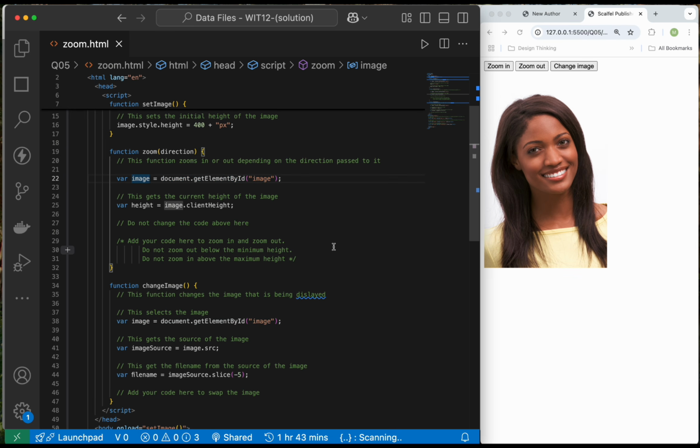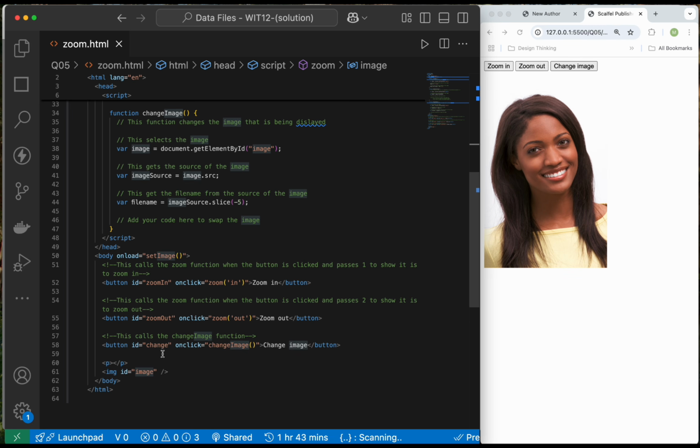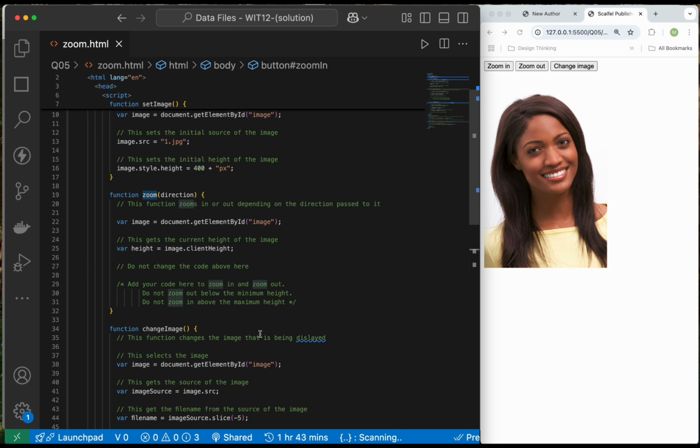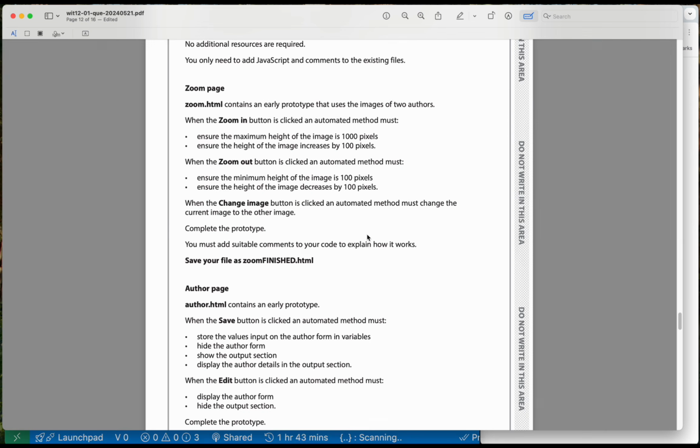The image is document.getElementById, so which means they're targeting images from maybe here, they're targeting this one. And when you click zoom in and zoom out, they are passing the argument, right? So zoom in and zoom out, here it's getting the argument, the direction is getting the value of the argument in a parameter base, so it can be in or it can be out, right? So do not change the area code to zoom in, do not zoom out below the minimum height. Okay, so now if we look at the question,